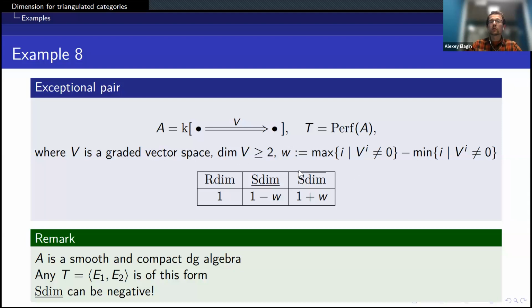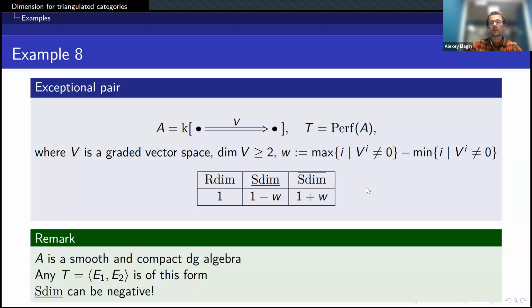Let me denote by W the graded width of this vector space. So it's the difference between the maximal and minimal numbers of non-zero components in this vector space. Then the Serre dimensions are 1 plus W and 1 minus W. So in particular, if W is at least 2, then the lower Serre dimension can be negative. And this example is really important, and